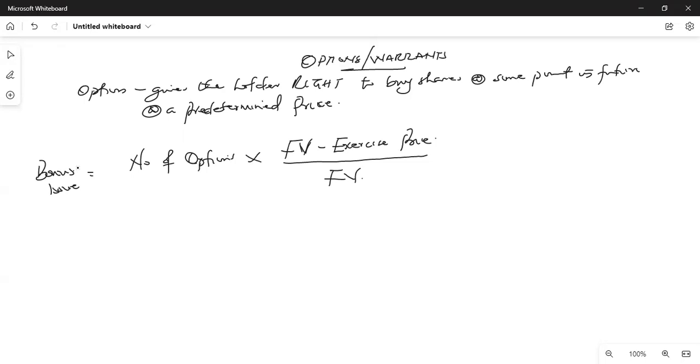So the DPS here that we are trying to look for with the number of shares, with an option, you need to find your number of options. Then you go through and multiply by your fair value less exercise price, all over your fair value. Again, that is what you need to go through. Now if you check this in your notes,